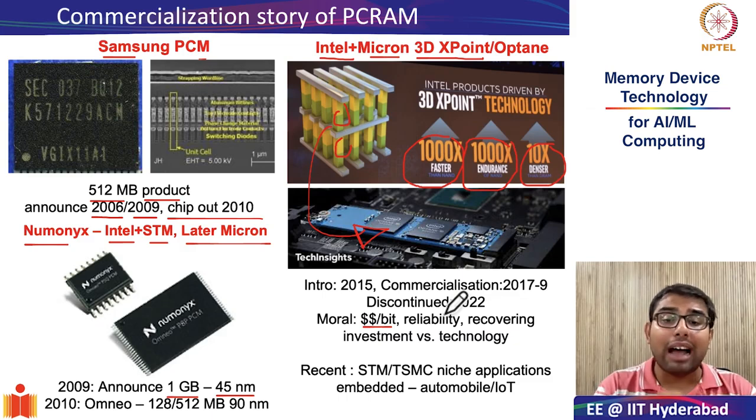So wherever you have a requirement for very fast non-volatile memory with low power consumption, it looks like PC RAMs could make a comeback. However, even in this segment, PC RAMs are going to face stiff competition from resistive random access memories, which is going to be the topic of our